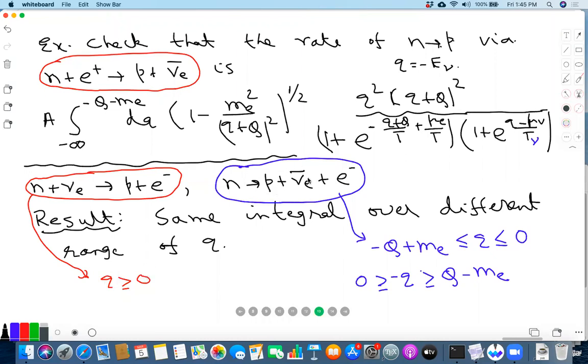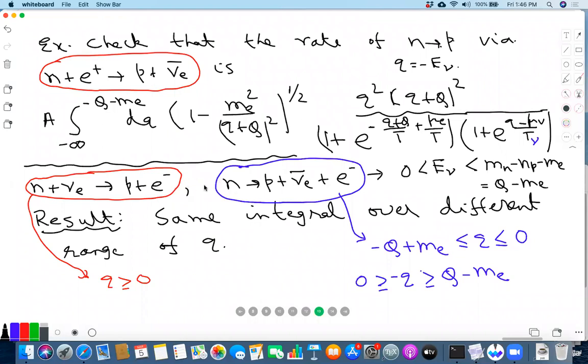Here, the neutrino is in the final state. So again, E nu is minus Q. Let's look at the range of E nu. E nu has to be, of course, larger than 0. But there's an upper bound, which is Mn minus Mp minus Me. That's Q minus Me. So E nu lies between this, and then by taking the negative of that, we get that Q lies in this range. What we claimed, this we didn't show, but it just follows from the crossing symmetry. You have to work out the details.